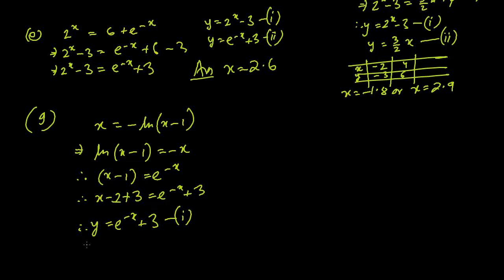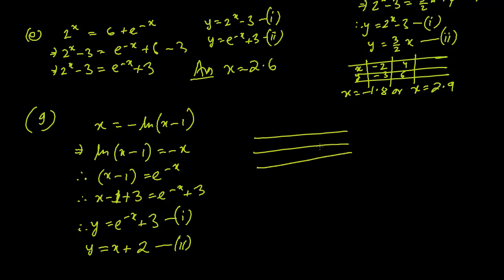The graph we have already plotted. And y equals x plus 2, equation 2. So we have to plot this, and the intersection of this graph and this line is what we are looking for. So let's plot it. We can take any 2 points for this. So the points that we are going to take